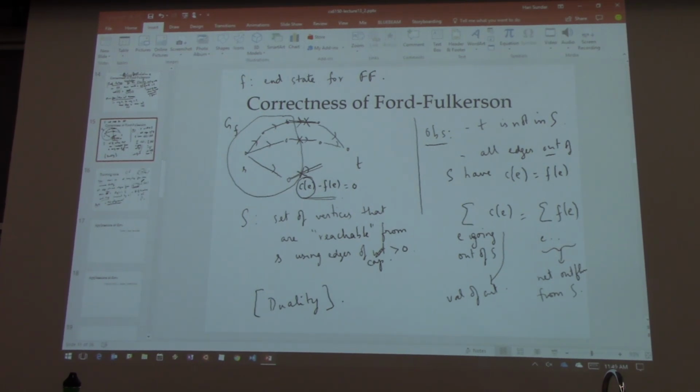Why does this proof not work for the simple greedy algorithm? Oh, that's a great question. You should try it. In the simple greedy algorithm, this relied on the fact that we are working with the residual. Look at this argument: here you were working with this residual graph where you had edge weight C of E minus F of E. If you look at the example where greedy failed, you will find that there is still a path from S to T in the residual, and that's why this proof won't work. But that's a very good point.